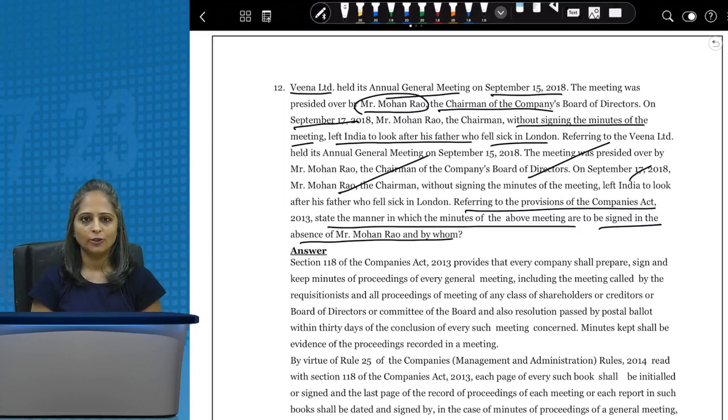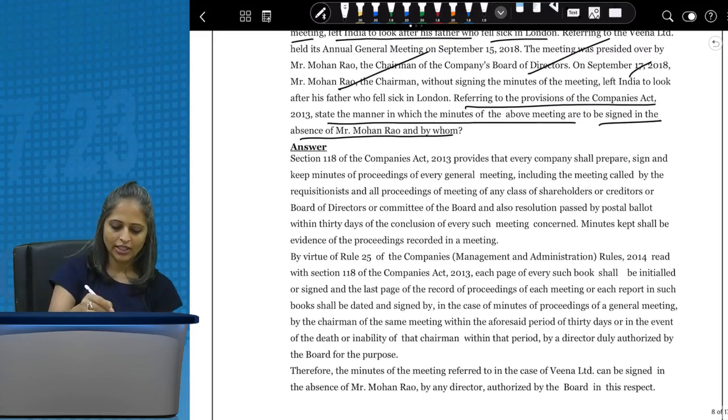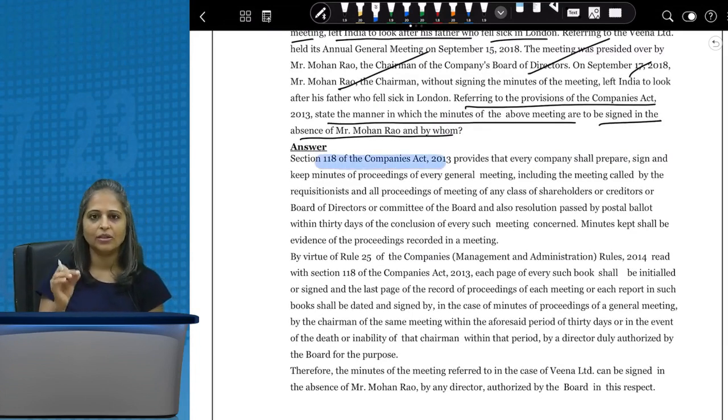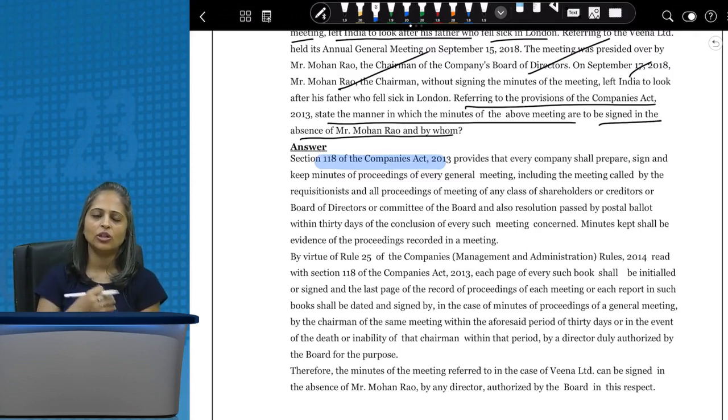So quickly going through the suggested answer, section 118 of the Companies Act provides that every company shall prepare, sign and keep minutes of proceedings of every annual general meeting, including the meeting called by the requisitionist, and all proceedings of meetings of any class of shareholders. So not only the annual general meeting, but even if an EGM is called by the requisitionist, even that will be considered. Or if any class meeting is held, like of preference shareholders or debenture holders, if any specific class meetings are held,